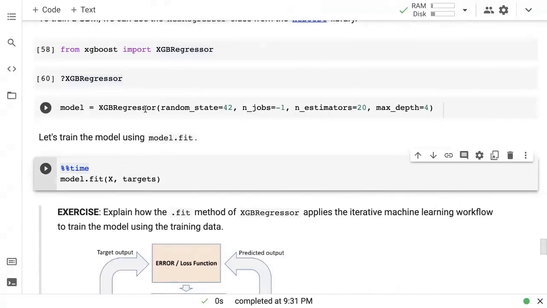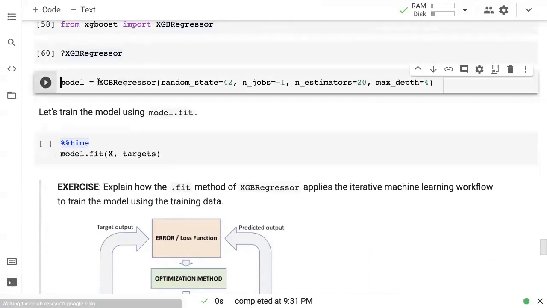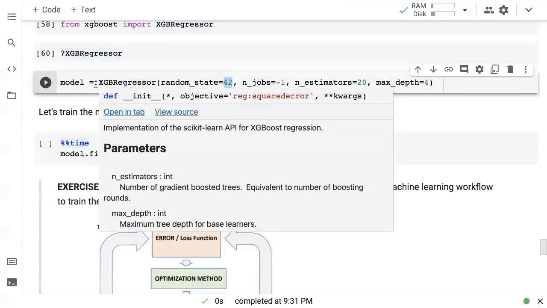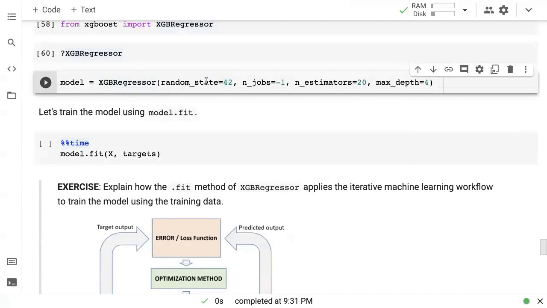And then you have a bunch of other parameters. So I am simply going to create an XGB regressor here, and once again setting some random state and n_jobs. Random state is simply to ensure that the randomization is using this number 42 as a seed, so that each time we run model.fit or each time we run this piece of code, we get the same results. That's what random state is for. And if you change this number, you will get different results, but each time you will get the same result when you put the number 7, for example.